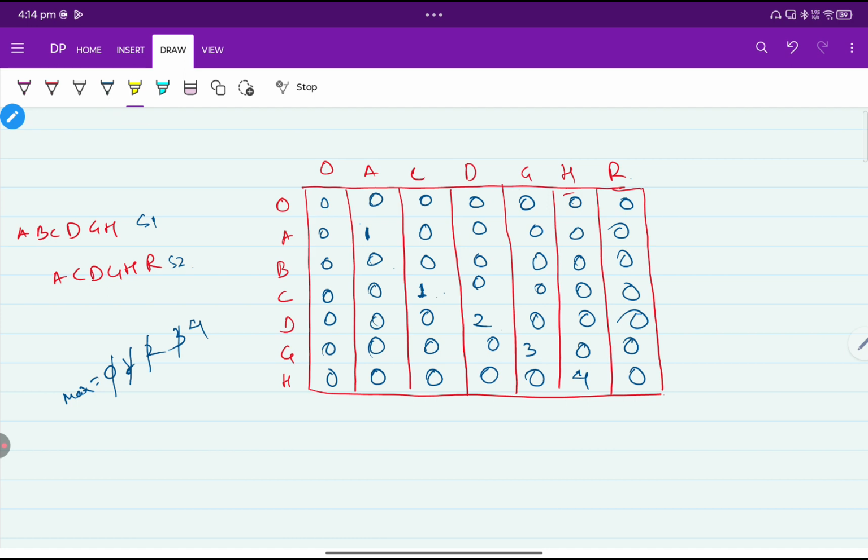If you see here, all of these are continuous matches. So this is the longest common substring, and the length of the longest common substring is derived from this. If you want to print the longest common substring,